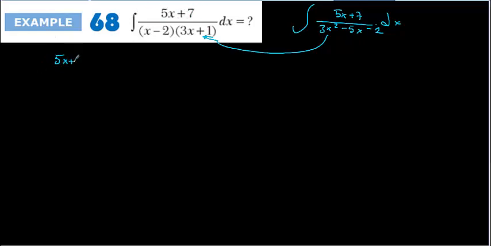Firstly, if you remember from the partial fraction method, we have to factorize this one: 5x plus 7 over x minus 2 times 3x plus 1 should be written as a over x minus 2 form, plus b over 3x plus 1 form. Then, as you know, in the partial fraction method, we are trying to get the numerator